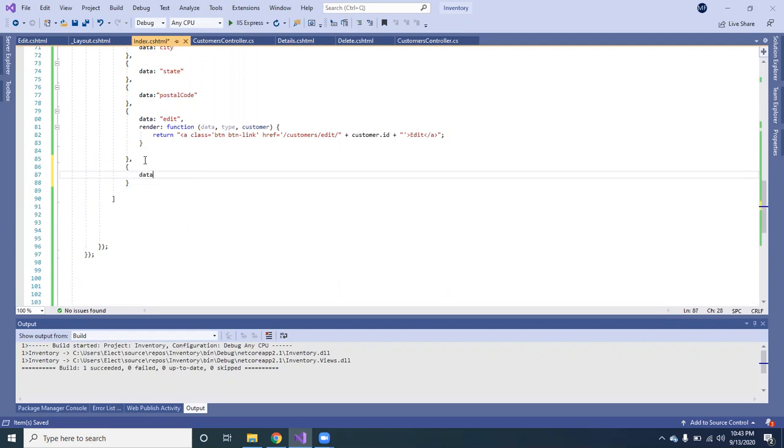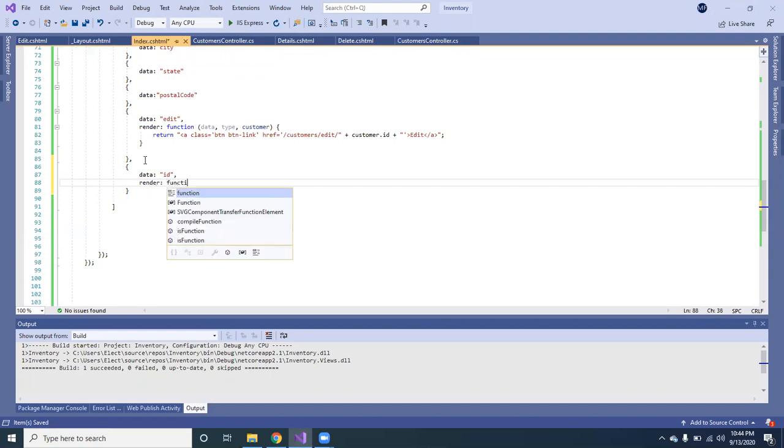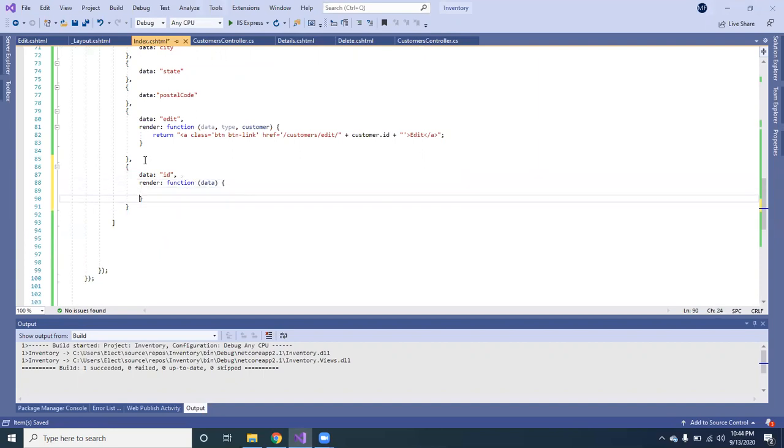So here we're going to do data. We got to get the ID. Same thing here. We're going to re-render. It's going to be a function. Here it's going to be a data. I'm going to pass the data. Here what we're going to do is we're going to return